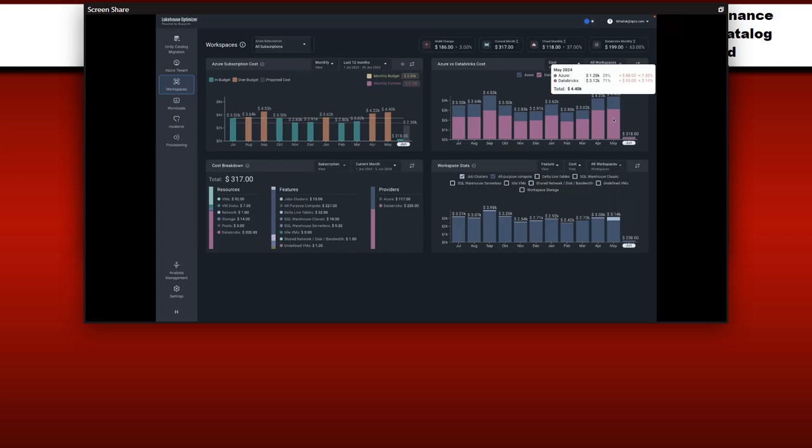That said, there is a commensurate and significant drop in cloud consumption as well. So it's important to keep both eyes open when you're evaluating your architecture. Lakehouse Optimizer will help you understand what that total balance looks like, so you can make the best decisions for your environment. And of course, once you're on Unity Catalog, there are a lot more options at your disposal to ensure that you can do that.